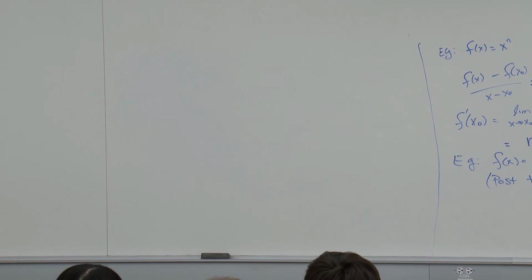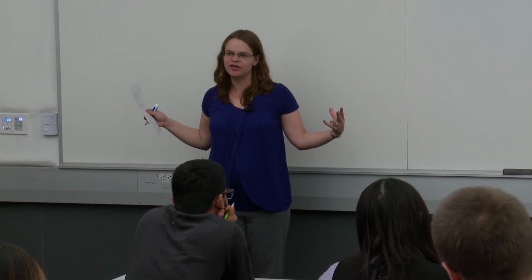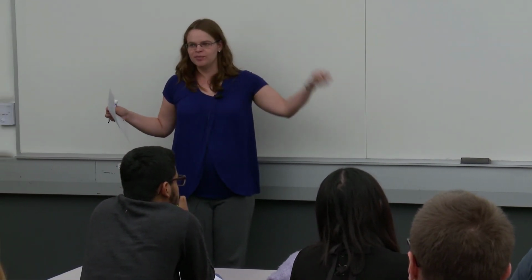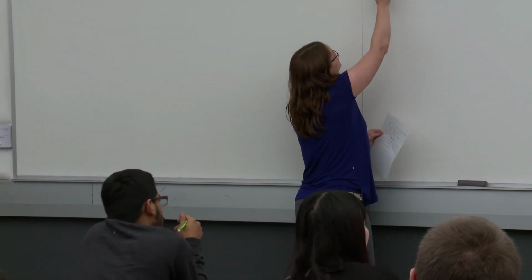OK, and similarly, just like we did with continuity, we can combine functions and get new rules for computing derivatives. Because again, we can build up very complicated functions, right? We had that sine of the square root of whatever rational expression. And OK, you could take that and try to do a limit directly, and it would be messy and complicated. Or we could try to build up some simple rules that let us do very complicated things with not that much work. So if we want to combine functions,